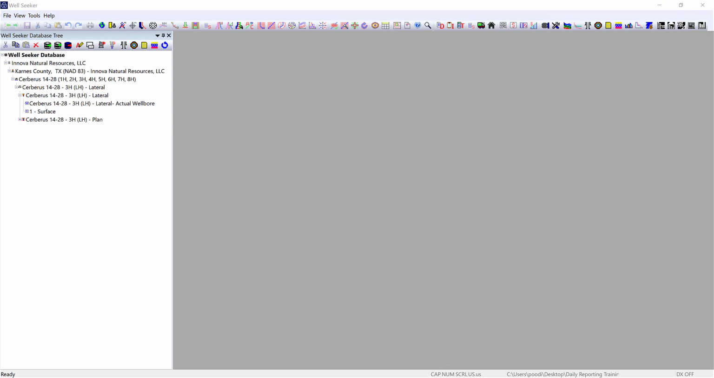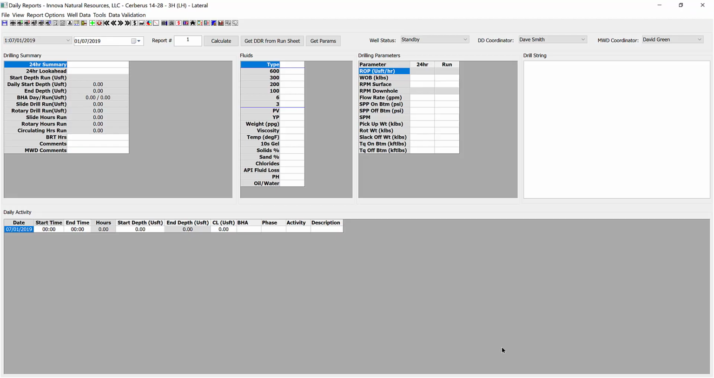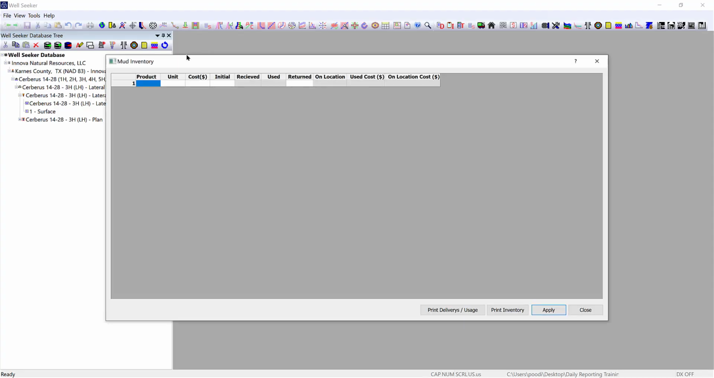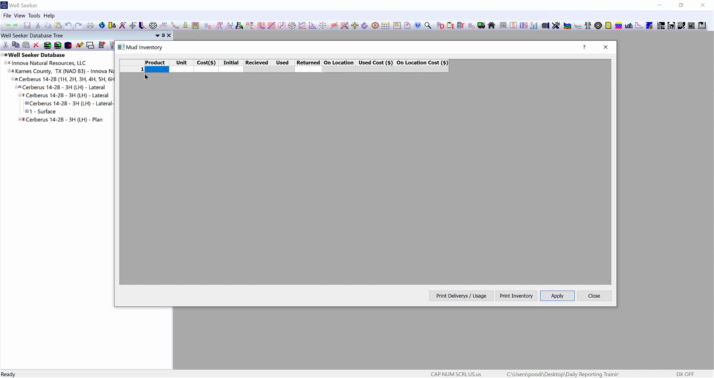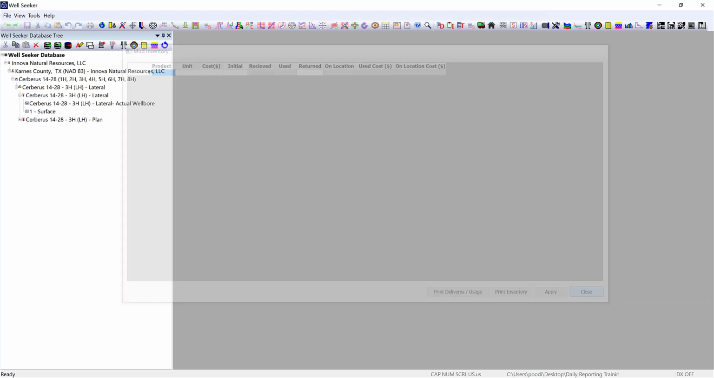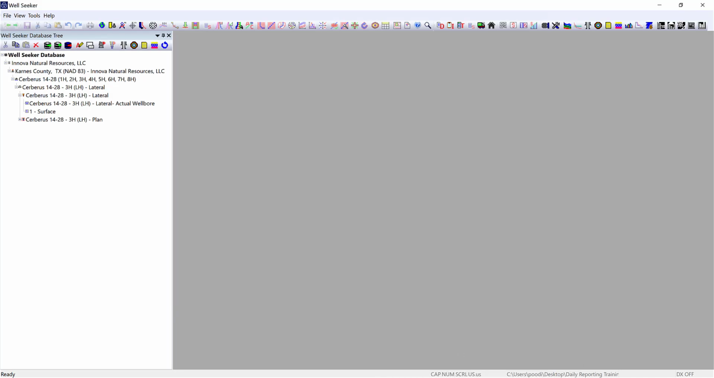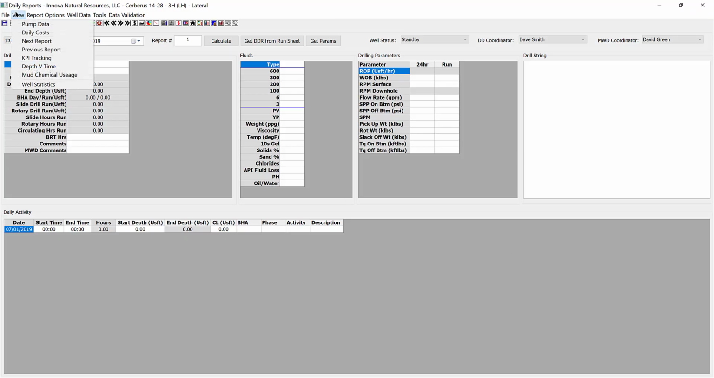Another function within the daily reports dialog is the mud chemicals inventory. Again, this isn't of interest to most directional companies, but for operators, this is a useful tool to input. Effectively, you can input your product types, the units, the cost, how much is on stock initially, and then once you've been inputting information into this inventory, you can print it off, and based upon a daily update of your